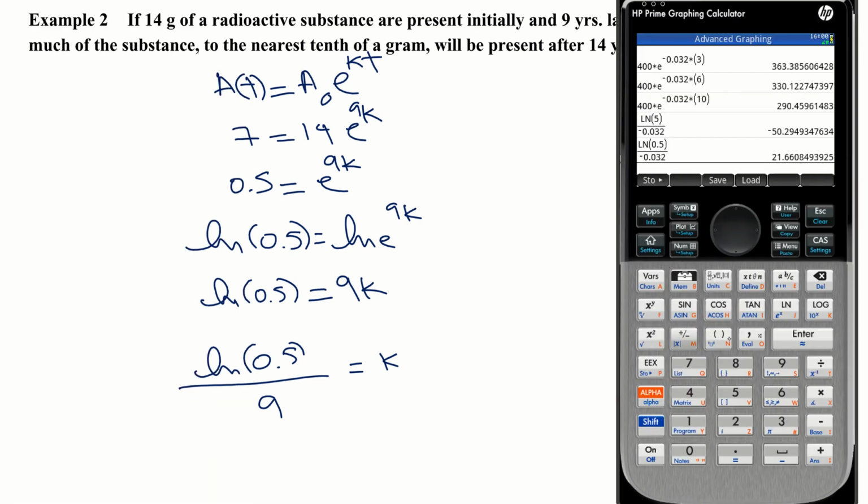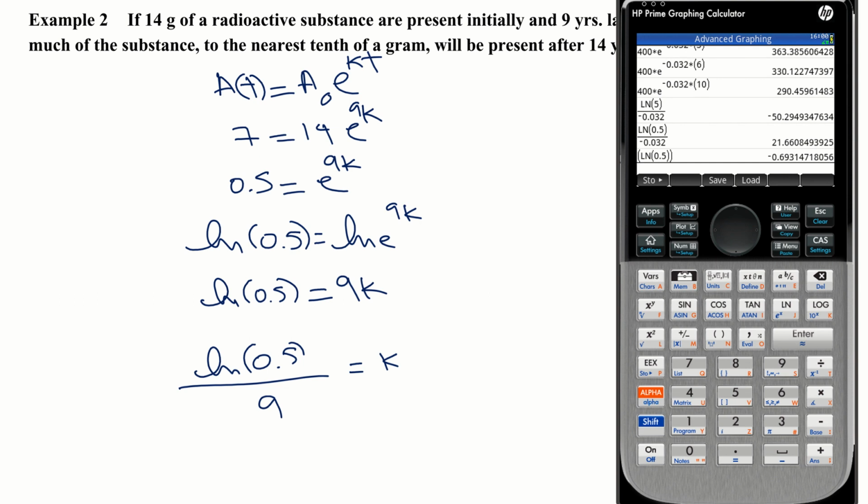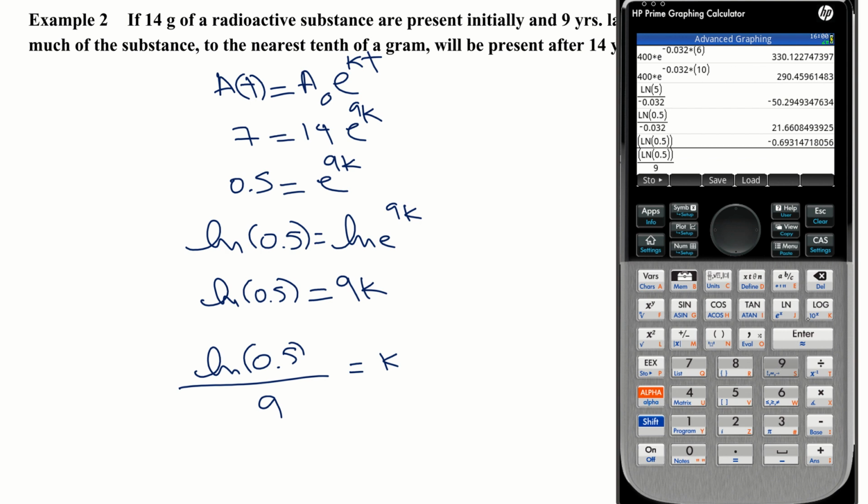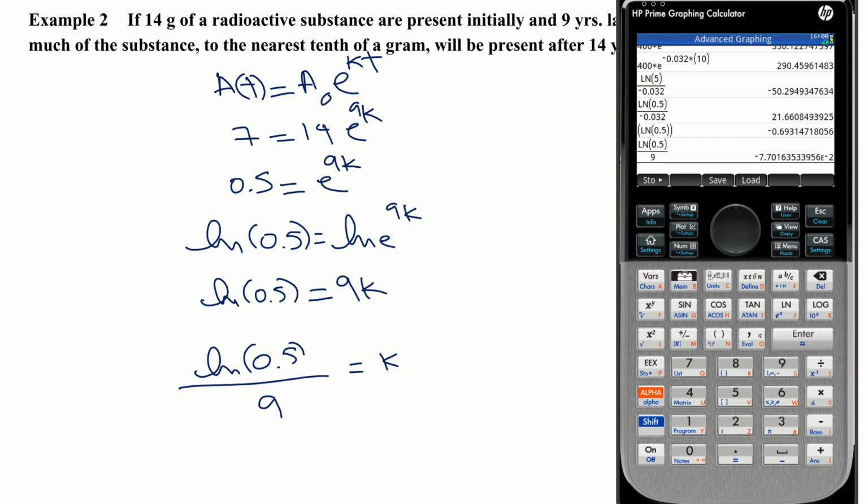So ln of 0.5, we could have actually copied that last guy, but that's okay, divided by 9. All right, so K is approximately